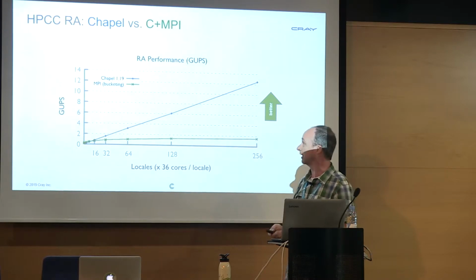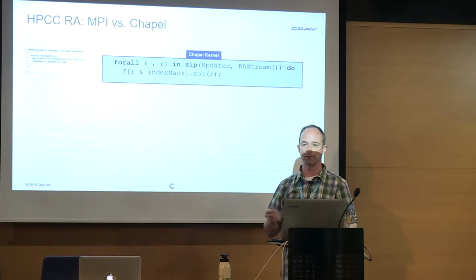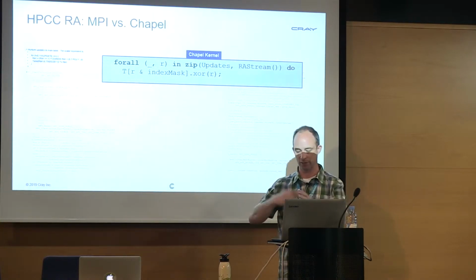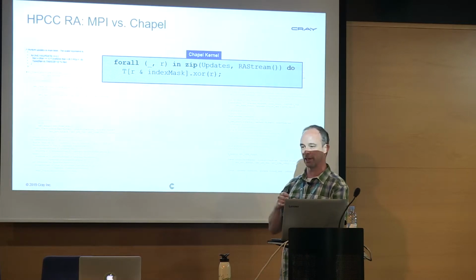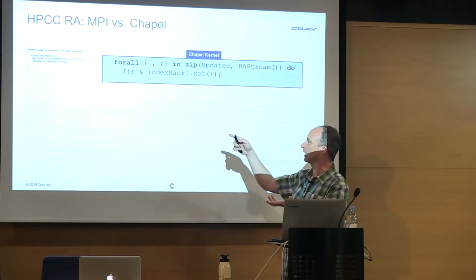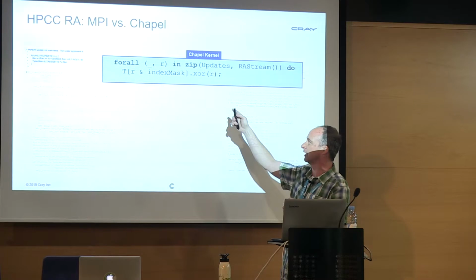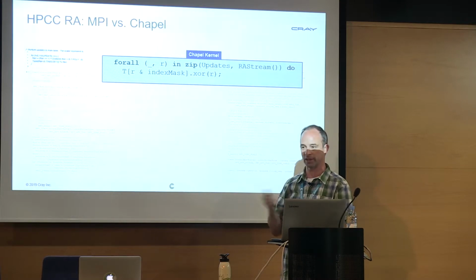And so specifically, when the compiler sees this loop, a forall loop in Chapel typically says, have each of the cores doing a number of serial updates. But then in addition, the forall says, and all the iterations here can be done in any order. So the compiler can look at this and say, well, I know I'm targeting a Cray, so I've got atomic operations in the network. So I'm going to map these to the atomic operations in the network. And then I see it's within a forall loop, so I can do these operations in any order I want.